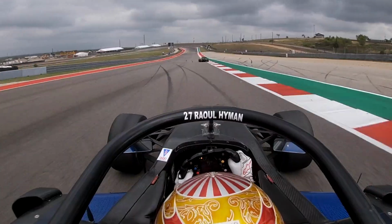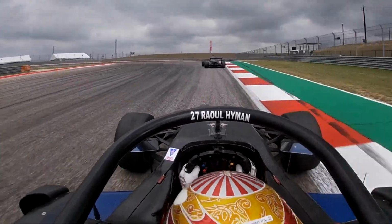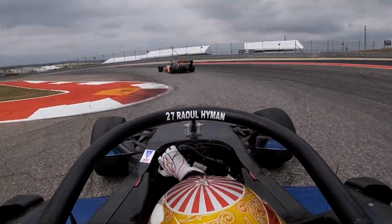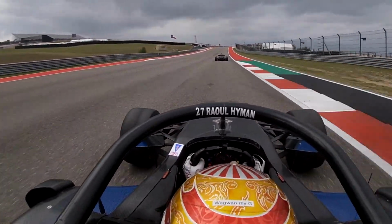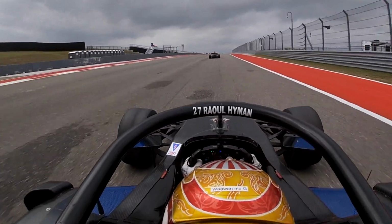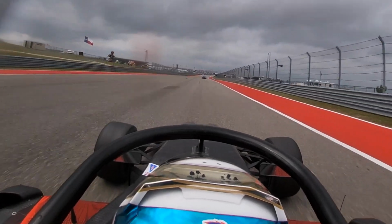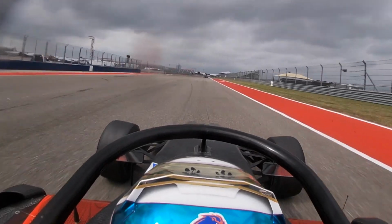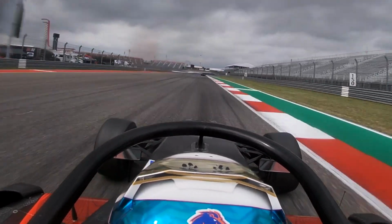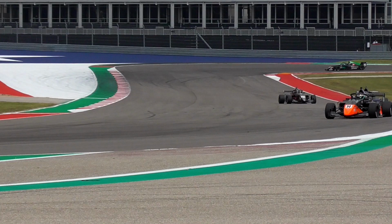Working their way up the hill, back to the battle at the front. Raul Hyman and Dylan Tavella continue their battle for the top spot on the podium. As we've said many times, Hyman just needs to finish well inside the points. He doesn't need to win to clinch this championship. Bird's eye view from the third place runner, Nick Pershing, on that lead battle up in front. Pershing seems to be getting a little bit closer, I think, as these two drivers running first and second are concentrating